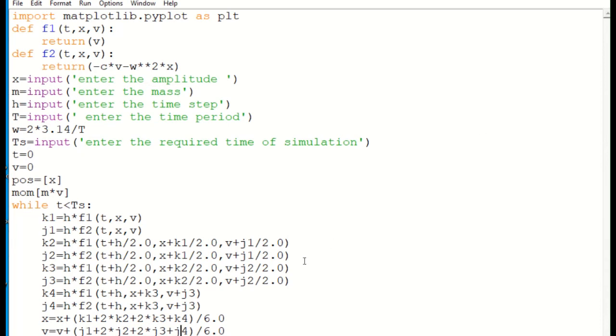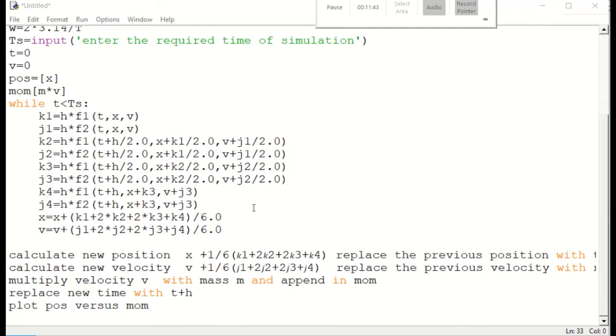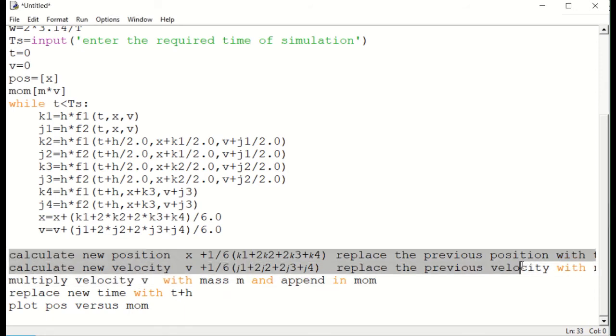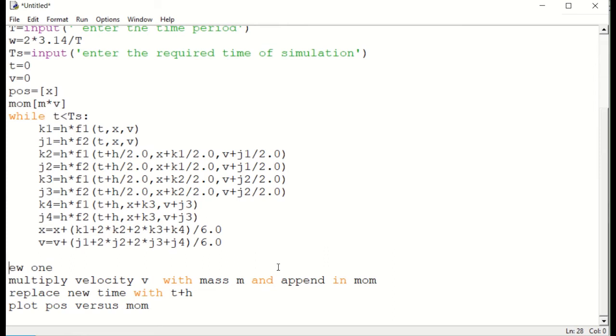Okay, so we calculated this. Then we have calculated the new position and the new velocity. These two steps are over. We replaced both position and velocity.